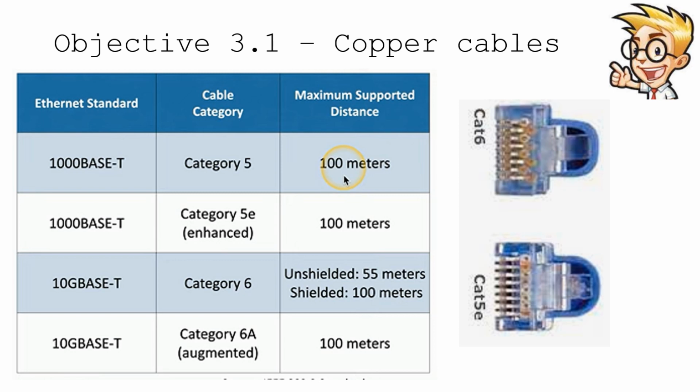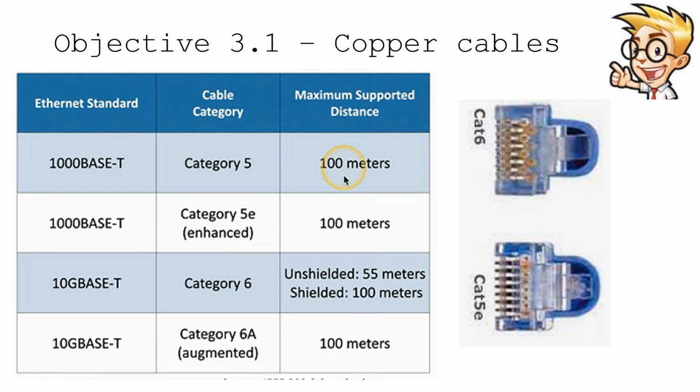And in our Ethernet standards, we specify a minimum category of cable that's supported by that standard. For example, in this chart, we've listed different Ethernet standards. You can see 1000BASE-T and 10GBASE-T. 1000BASE-T is 1 gigabit per second and operates over twisted pair cabling. The other is 10GBASE-T, which is 10 gigabit per second Ethernet that also runs over twisted